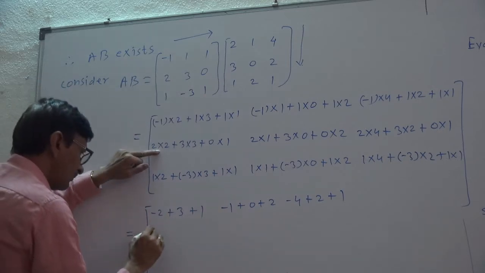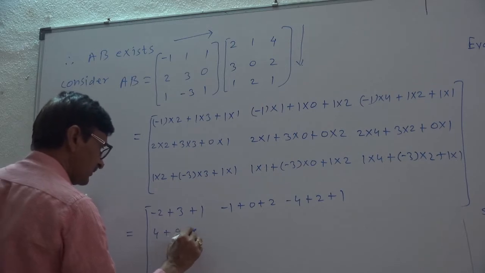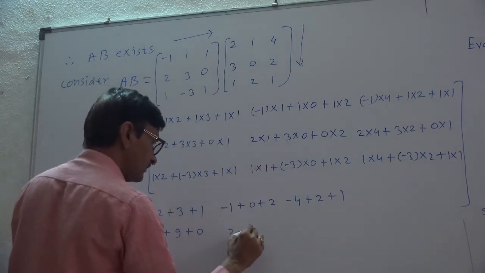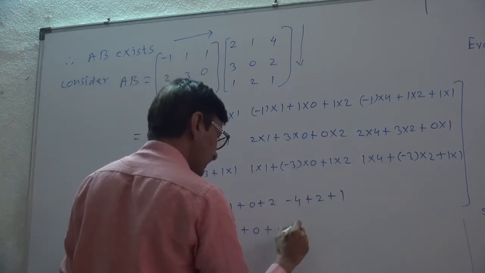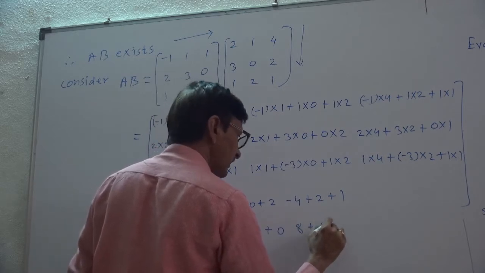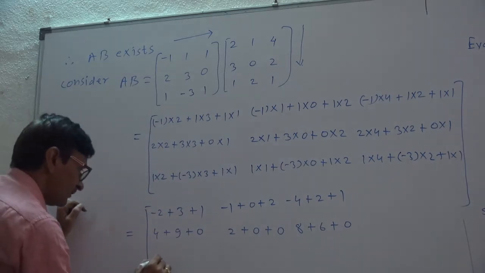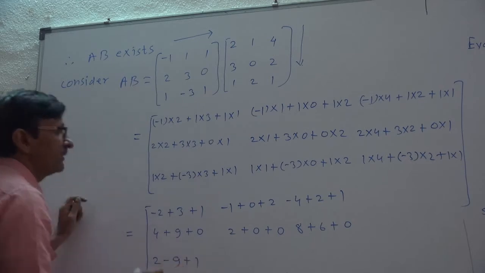Now here 2 2s are 4 plus 9 plus 0, 2 1s are 2 plus 0 plus 0, then 2 4s are 8 plus 3 2s are 6 and plus 0, then 2 minus 9 and plus 1,